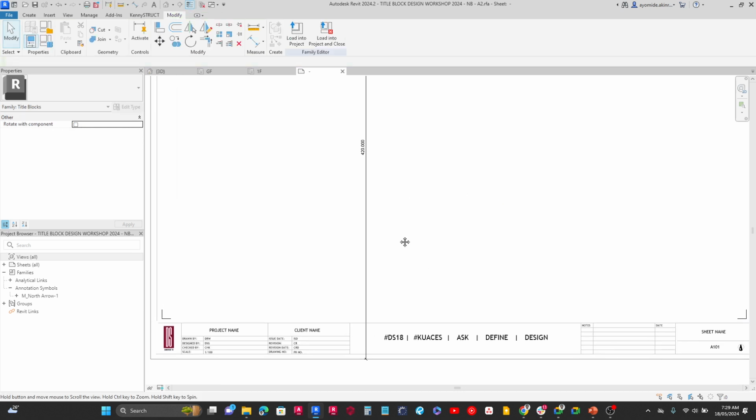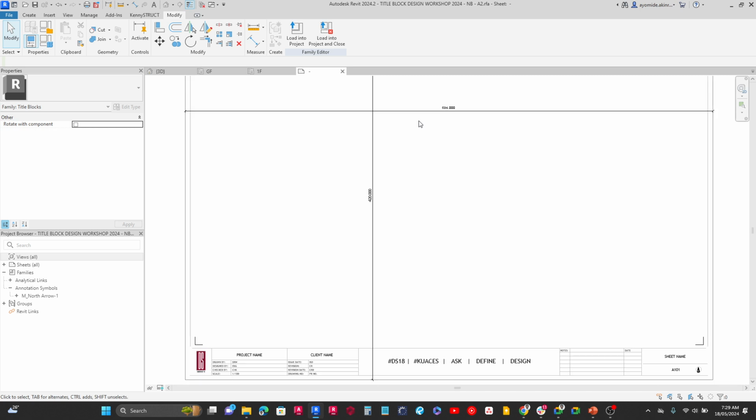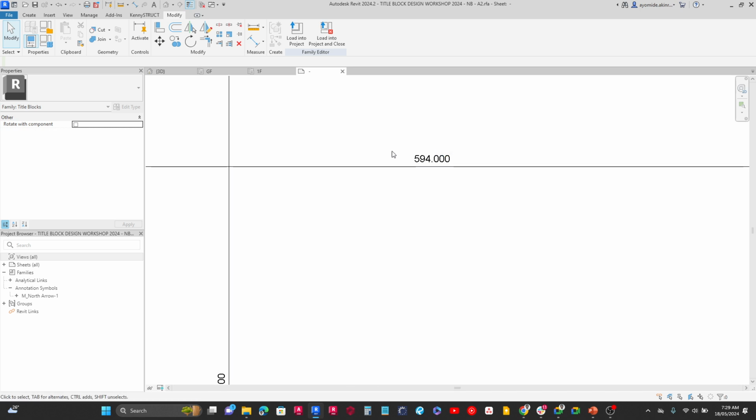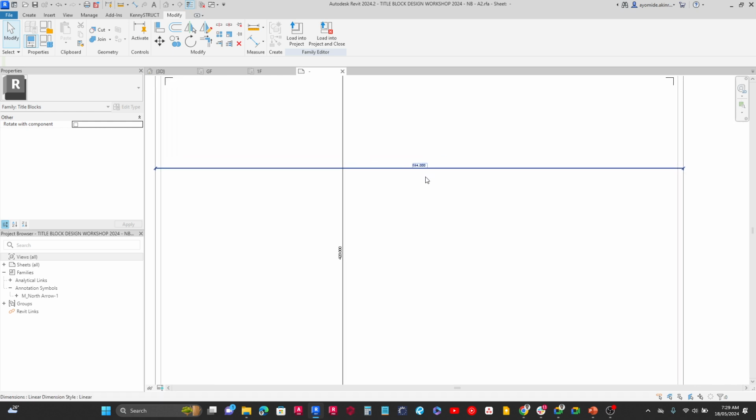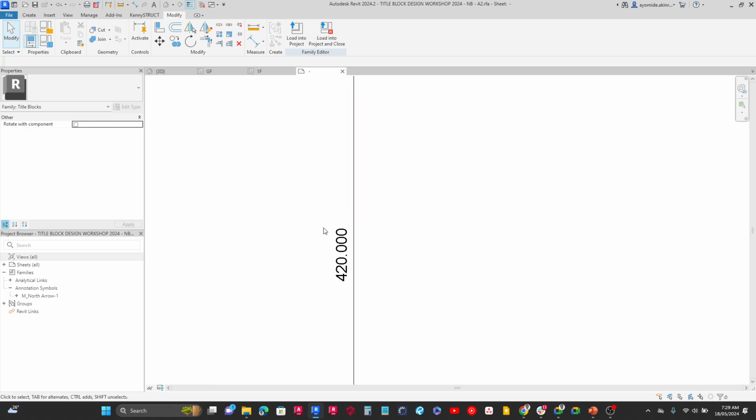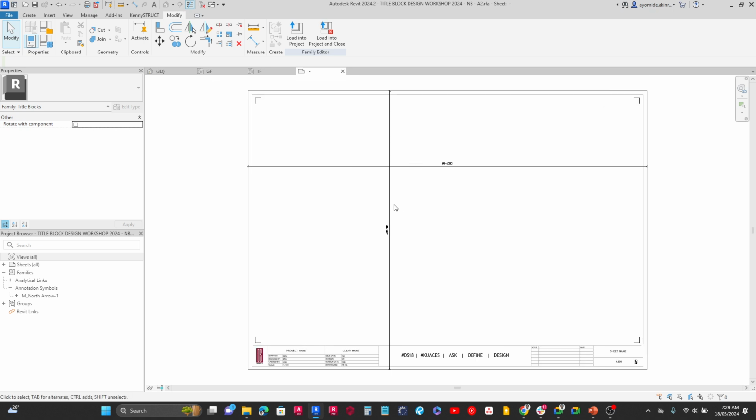Alright, good. So this is the title block we're using. Now the A2 title block has a paper size of 594 millimeters by 420 mm. So that's the size of the paper. A2 is twice the size of A3, by the way. So once I've opened it up in the editor, what I'm going to do is come